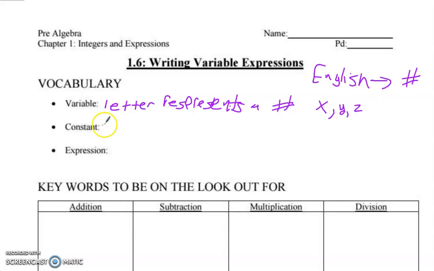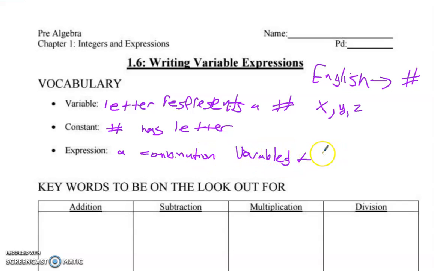A constant is just a number that has no letter attached to it. So it just might be like the number 3, or the number 4, or the number 5. And an expression is a combination of variables and constants mixed together. There's one more word that I want to add, and that is going to be the